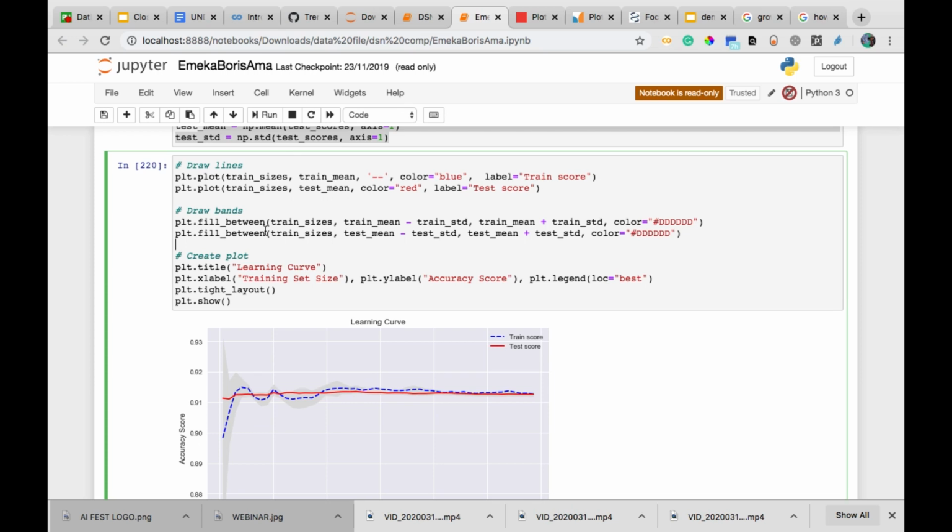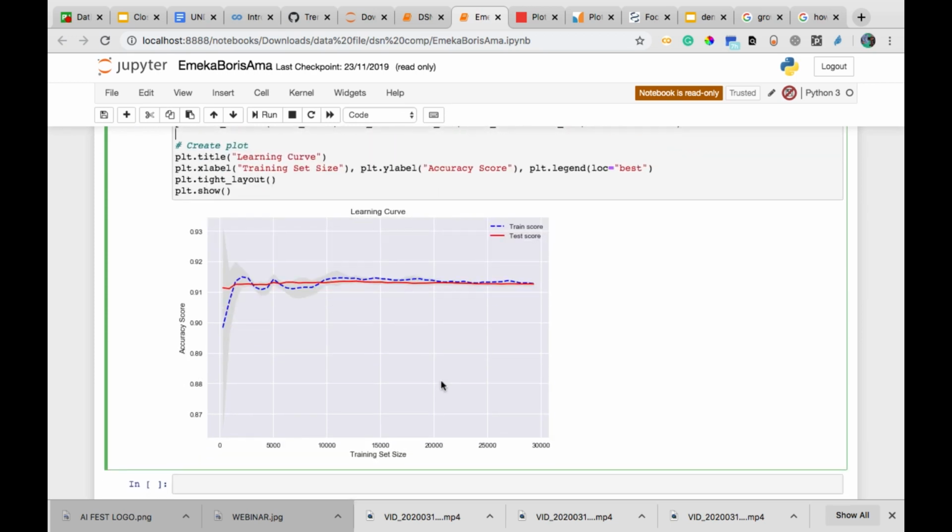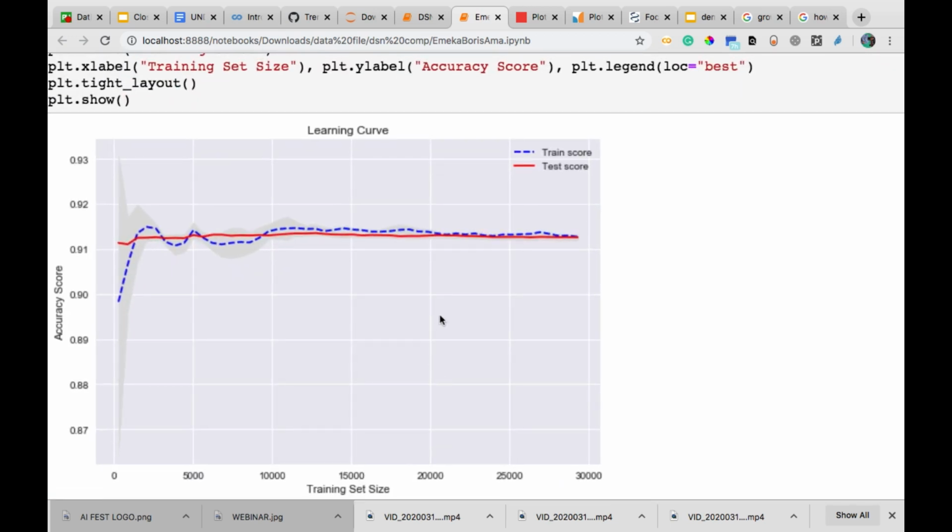First thing we do, we call the plot function for the train size and the train score, and for the test score. And then we draw a band. The band is this, which is the desired accuracy. Yes, so we now create the plot using plots. Now we've created the plot, and if you take a look at this plot, you can see that we have